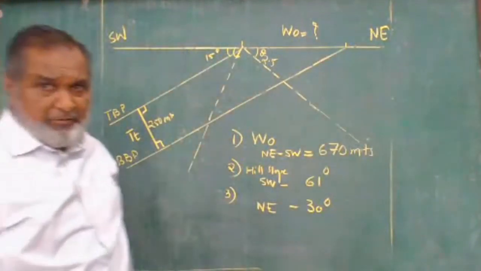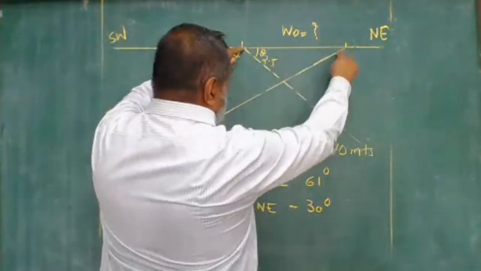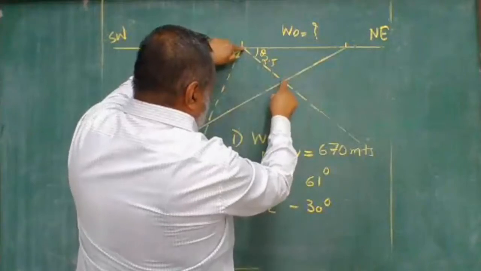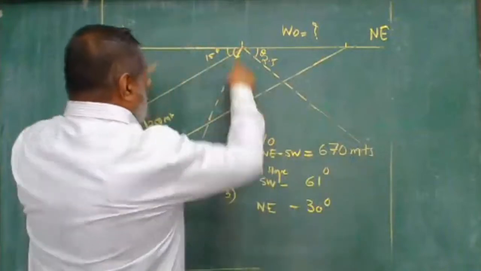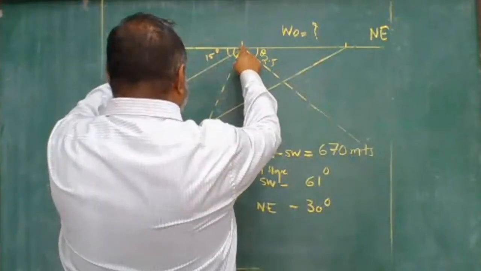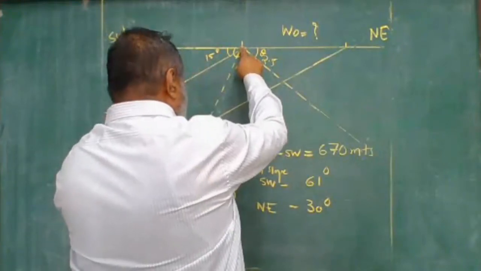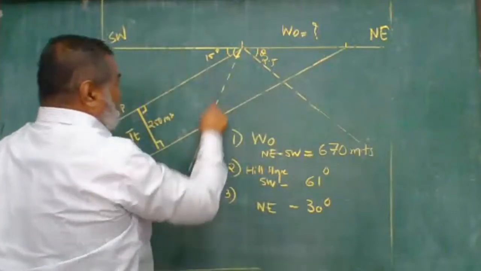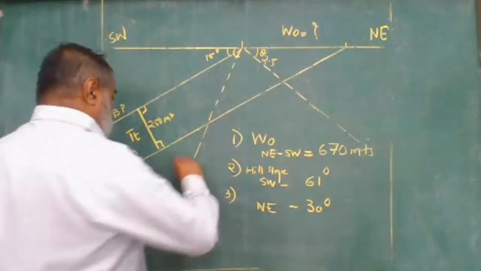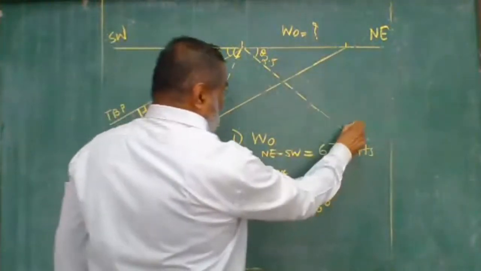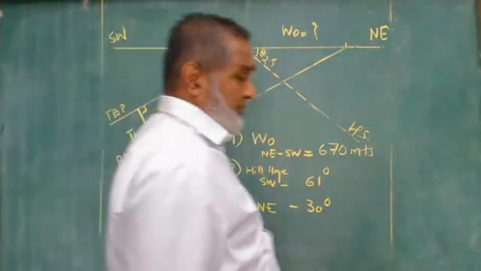If anyone has a variation, you have to check properly. Keep your protractor or any scale, slowly shift it out. Wherever this point joins 2.5 centimeter, plot the point and draw the hill slope. Similarly, keep this scale here and start measuring 2.5 centimeter from this point to the lower one. Wherever it joins 2.5 centimeter, plot that point and join these two. So you will get this hill slope. So these are the hill slopes. It went down both sides, and for the hill slopes you use the dotted one.